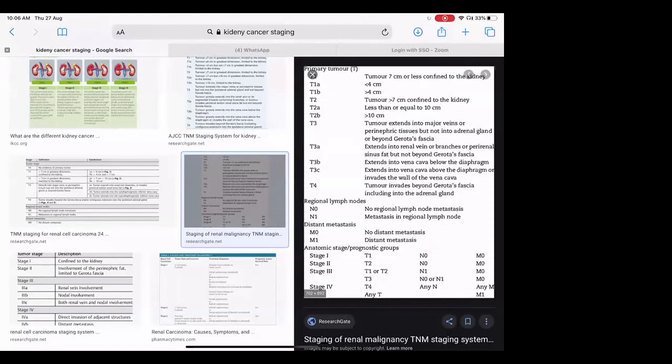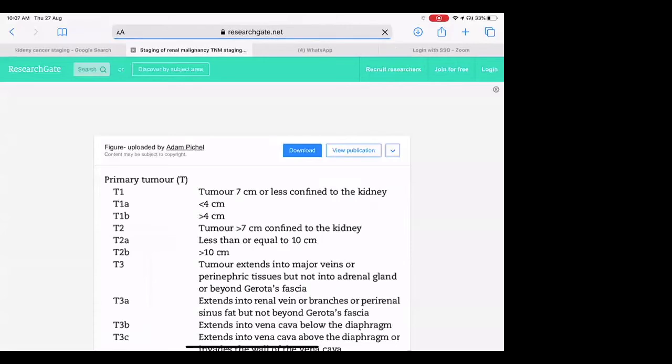If you were to tell the patient, or we use the patient, "Hey, auntie, you got T2a, N1, M0 cancer," auntie looks at you, and the patient looks at you and says, "Huh? What do you actually mean?" That's why it's not very useful. Hence, we come up with something called